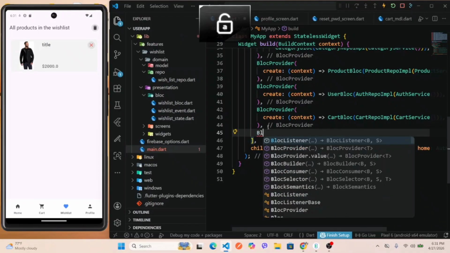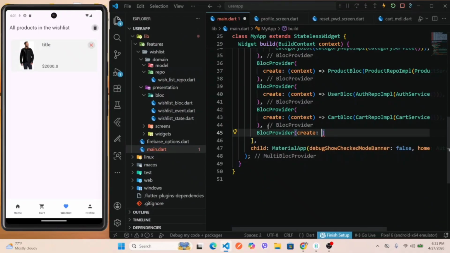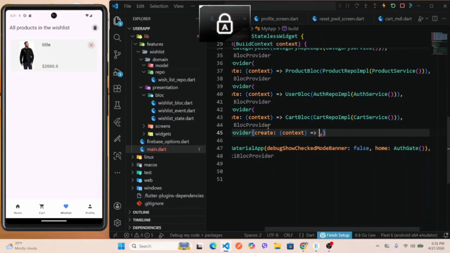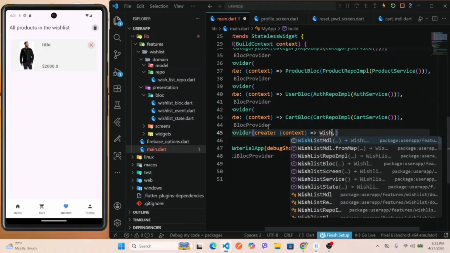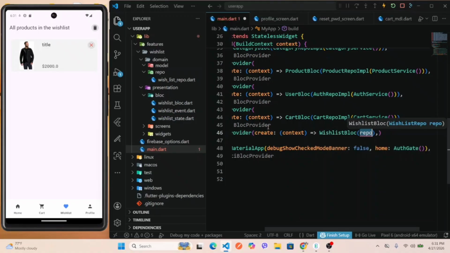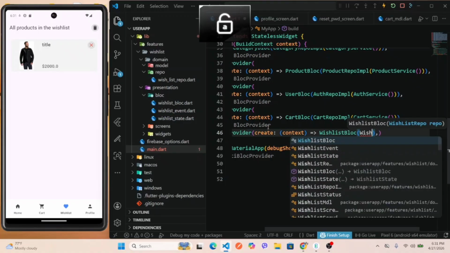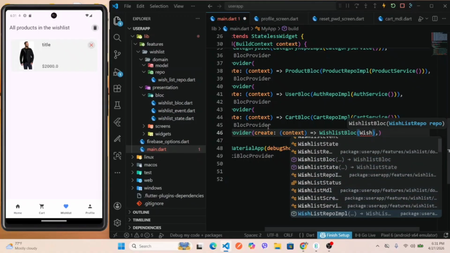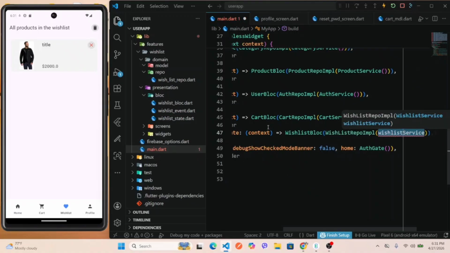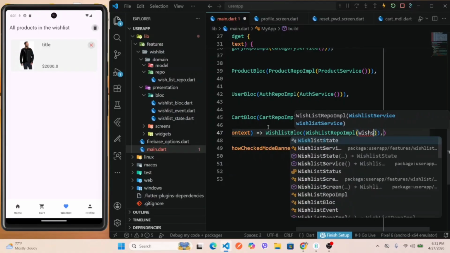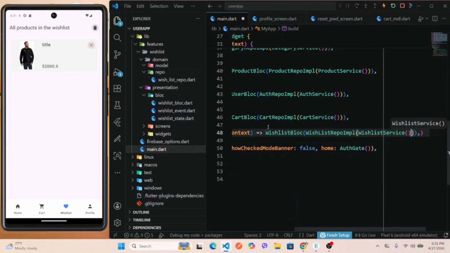Now open up the main.dart file and over here let's create the block provider and put that wishlist block. Wishlist repo impl, give your wishlist repo impl and give your wishlist service. Okay,